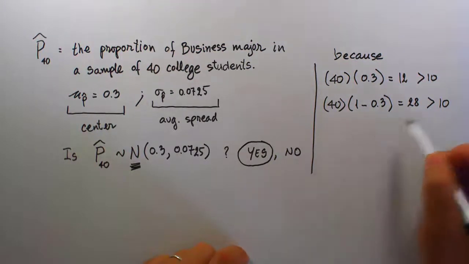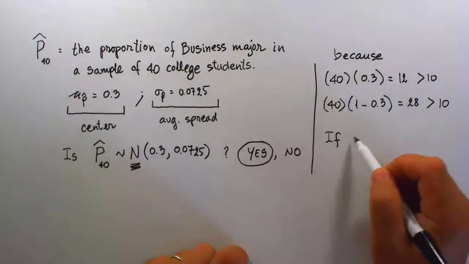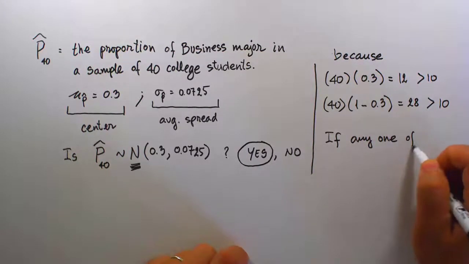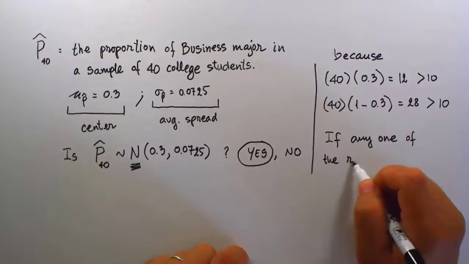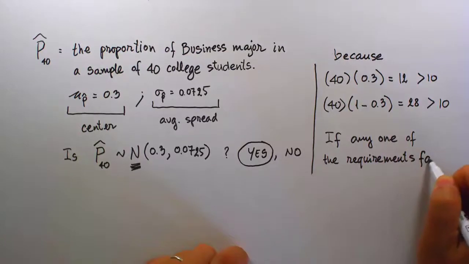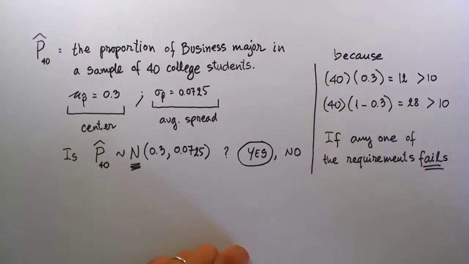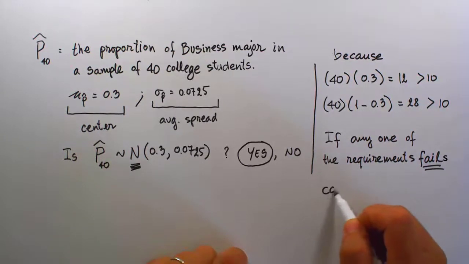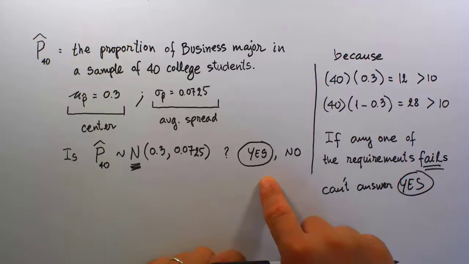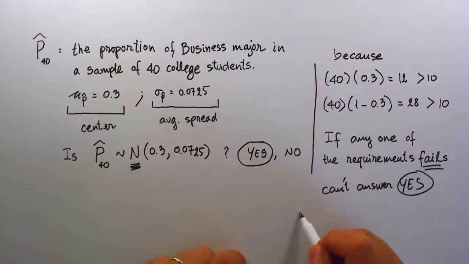But if any one of the requirements fails, let's put ourselves into the worst case. If any one or even both of the requirements fail, definitely we cannot say yes for the bell curve setting. But we still can't